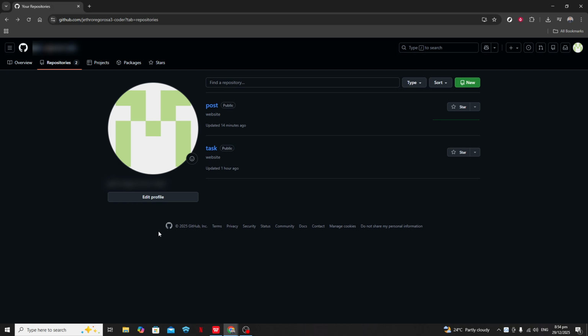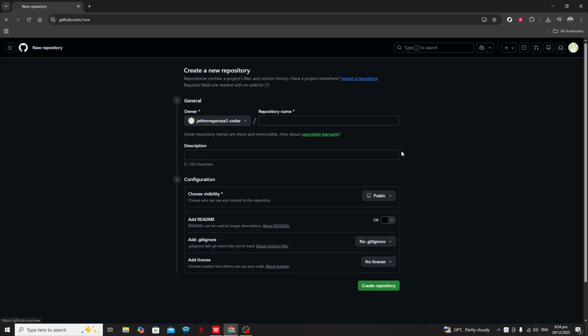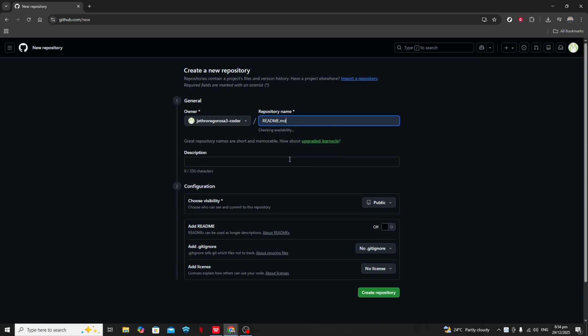When you visit any project on GitHub, the README is usually the first thing you see. It's a markdown file, generally named readme.md, that provides a detailed overview of your project. This is where you can describe what the project is about, how to install and use it, and provide any additional documentation that you feel might help other users or contributors.